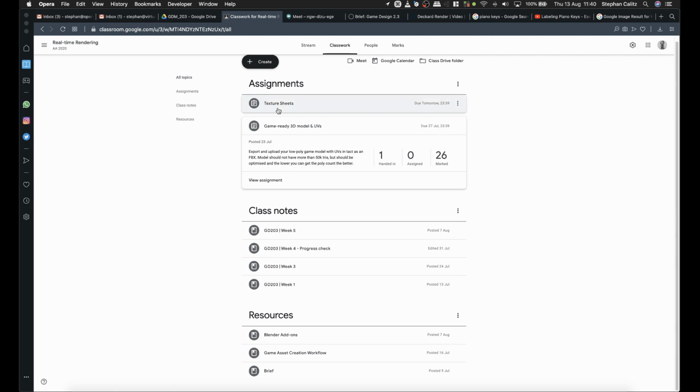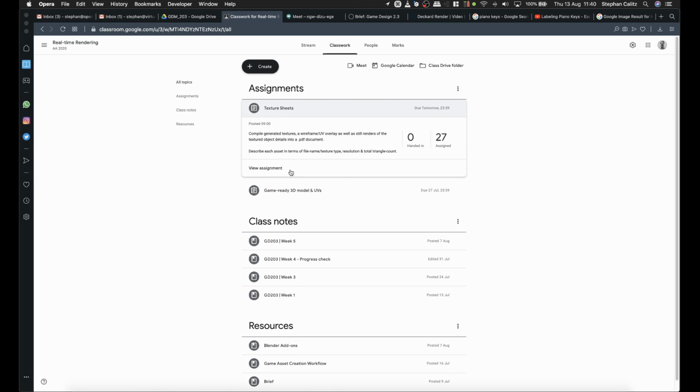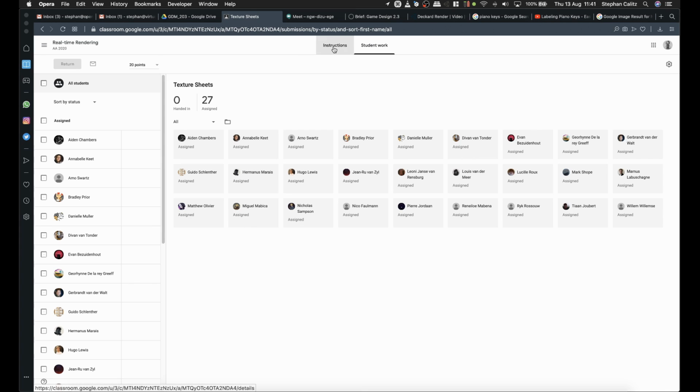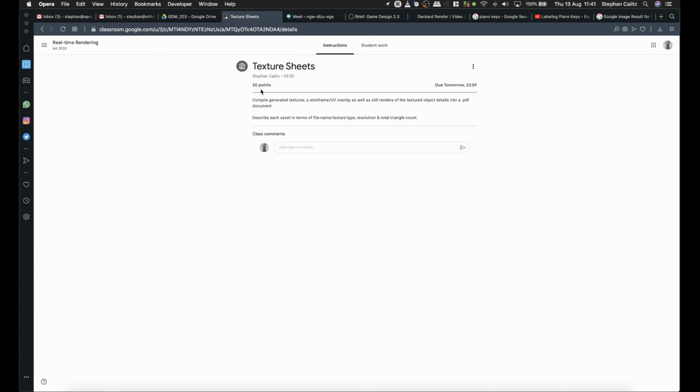One thing about the texture sheet assignment is that it's for 20 marks because it's combined with